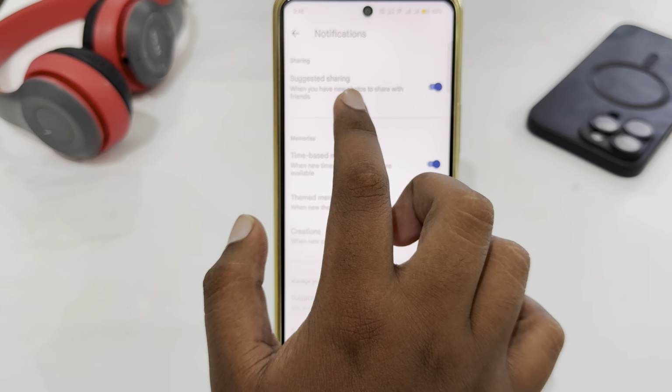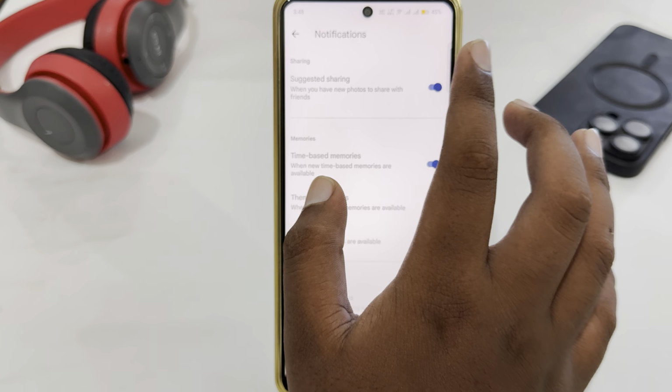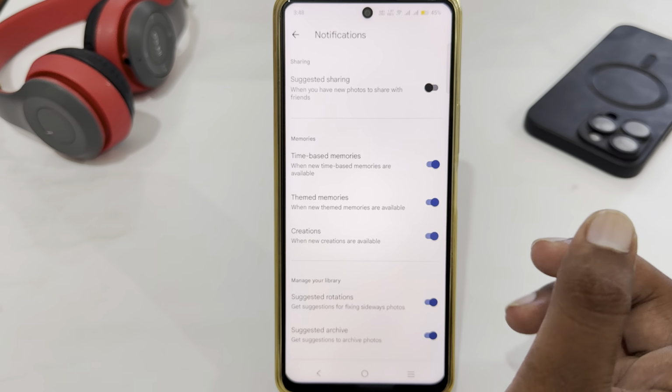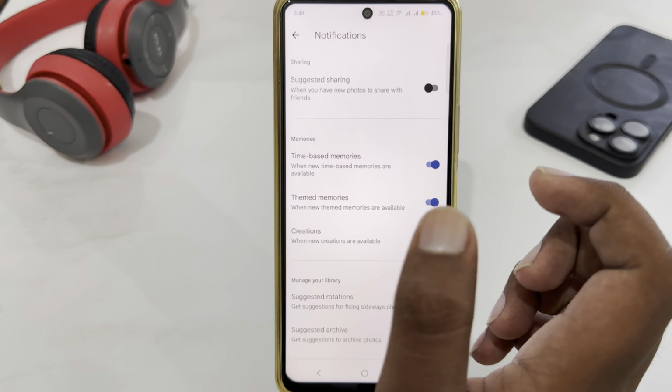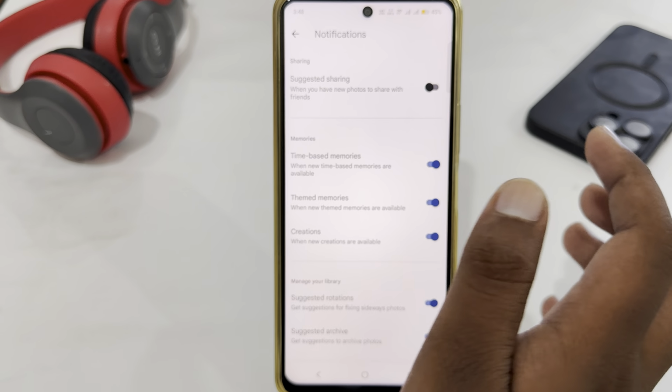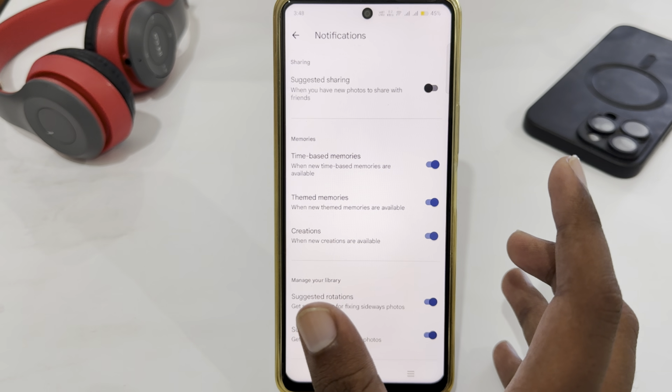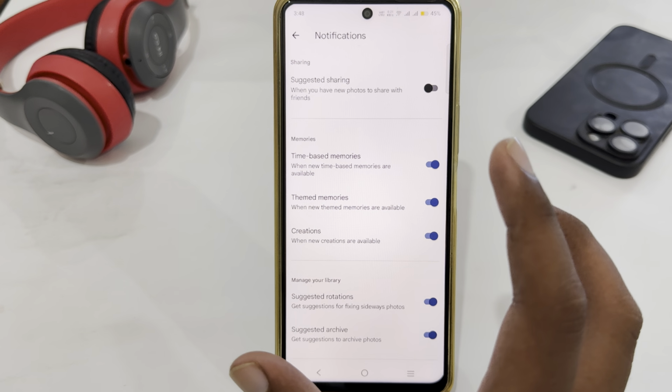have the suggested sharing. You just have to disable this setting, and after that you will not get any suggestions in your sharing options. So that's how you can easily remove a person or all of your contacts from the